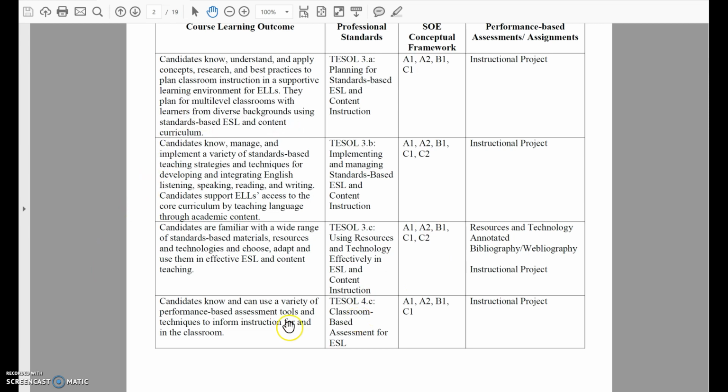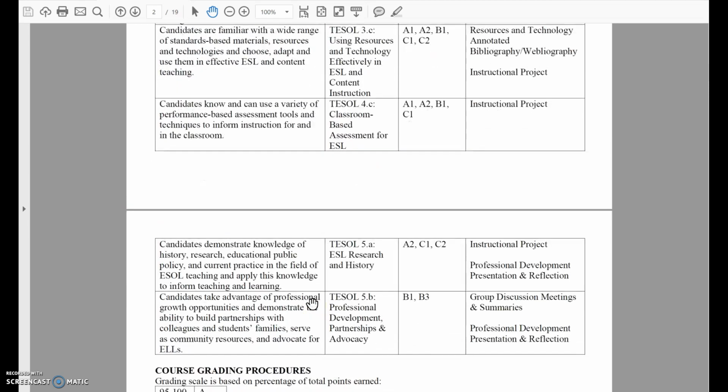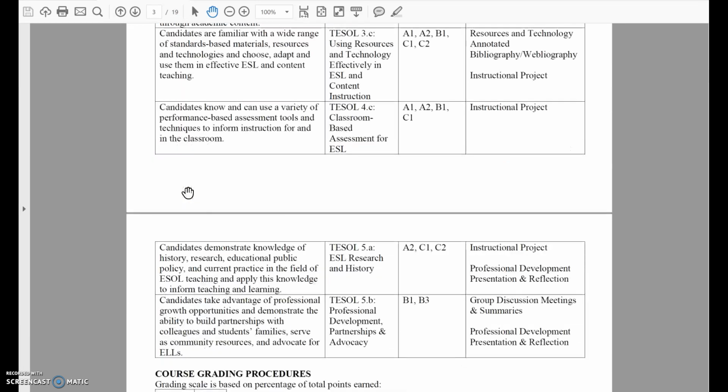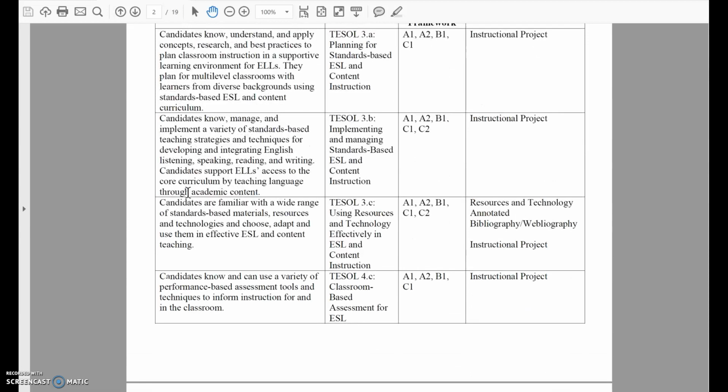We're going to talk a little bit about classroom-based assessment for ESOL, and we're going to dive more into ESOL research and history, as well as professional development and partnerships. So how do we take all those ideas from 548, all of that great, rich background knowledge from 521, and how do we put it into the classroom? And then how do we see if what we've put into the classroom is actually supporting learners?